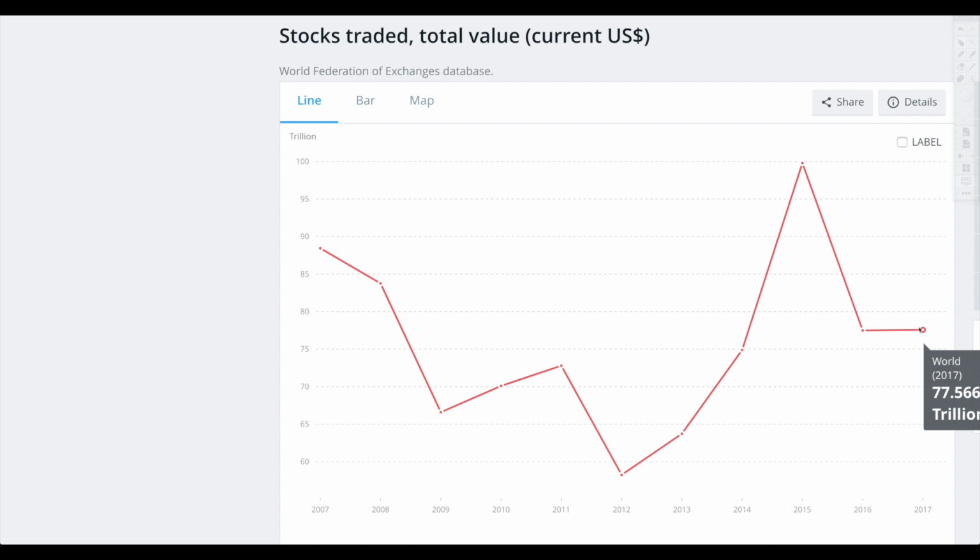I said that they're planning on QT throughout 2018. If they do this, stocks are going to come down. And we saw 93% of assets in 2018 in negative territory. That was very clear. If they decide to print more money, guess what? Stocks, they can rise again. That's what I am saying. So we'll see what happens.